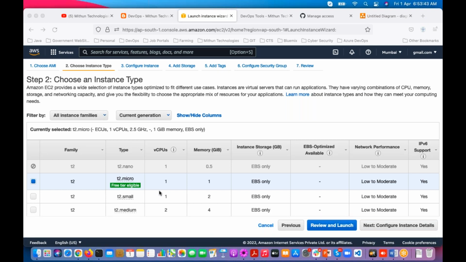Suppose, Vijay, you are using Nexus, SonarQube and Tomcat. Those 3 servers you can use as host machines. In the Jenkins server, you can install Ansible. If you want, you can reuse those servers also. That is up to you.